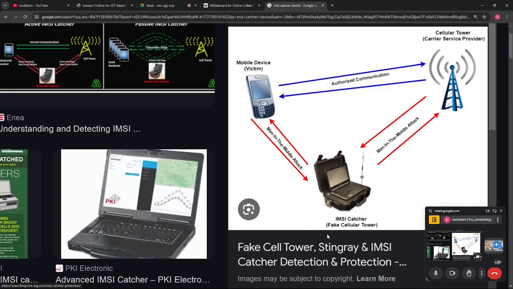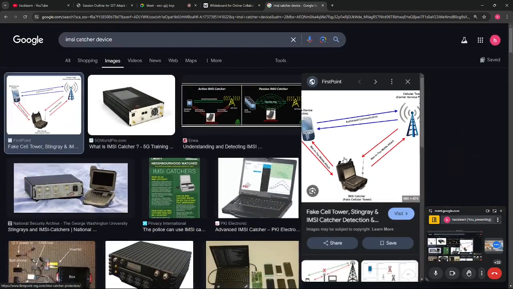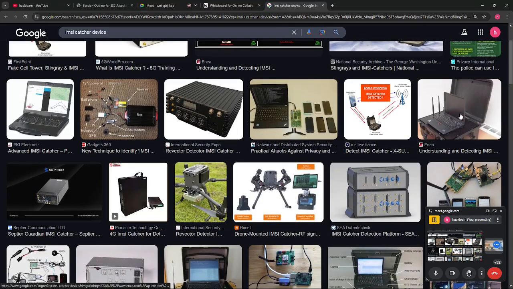But if anyone puts an IMSI catcher in between, it acts as a fake cellular tower, and all the calls you make go through this man-in-the-middle device, the IMSI catcher, and from there they are diverted to the tower, and you will not get any idea. This is a basic device. I think it costs a few lakhs to purchase, that's why everyone can't purchase this. Otherwise everyone would have this tool. It is costly, that's why no one is utilizing this tool. So you can use the IMSI catcher to track and hack SIMs.